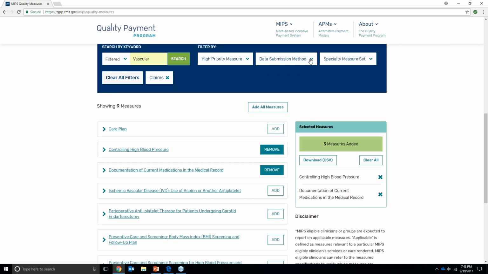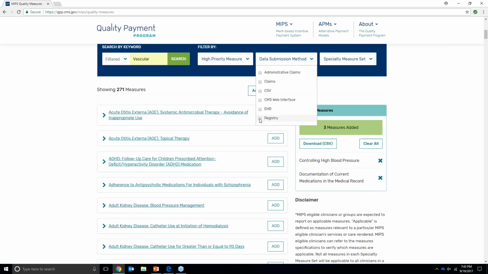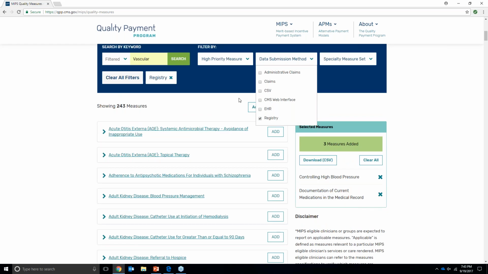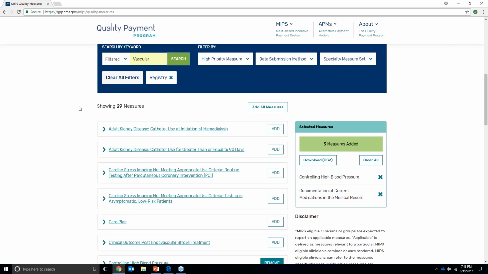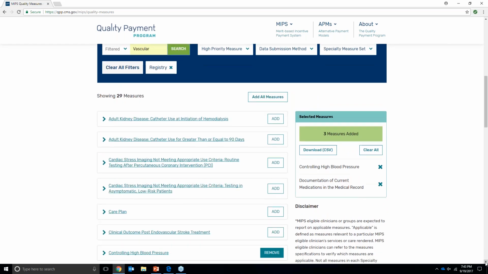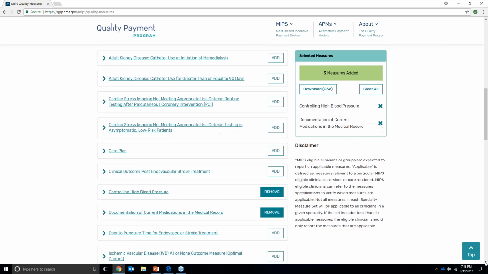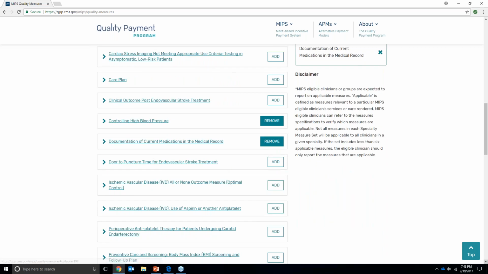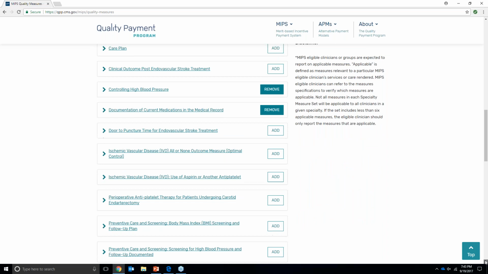But let's say that we want to change our data submission method, and you're like, nope, I'm going to do it through a registry. So we click registry, we do search again, and it shows you 29 measures that are registry reportable that have some relationship to vascular, right? So we get a couple of kidney measures here, we get a cardiac stress imaging measure, we get some additional primary care, we get an endovascular stroke measure, we get another IVD measure,